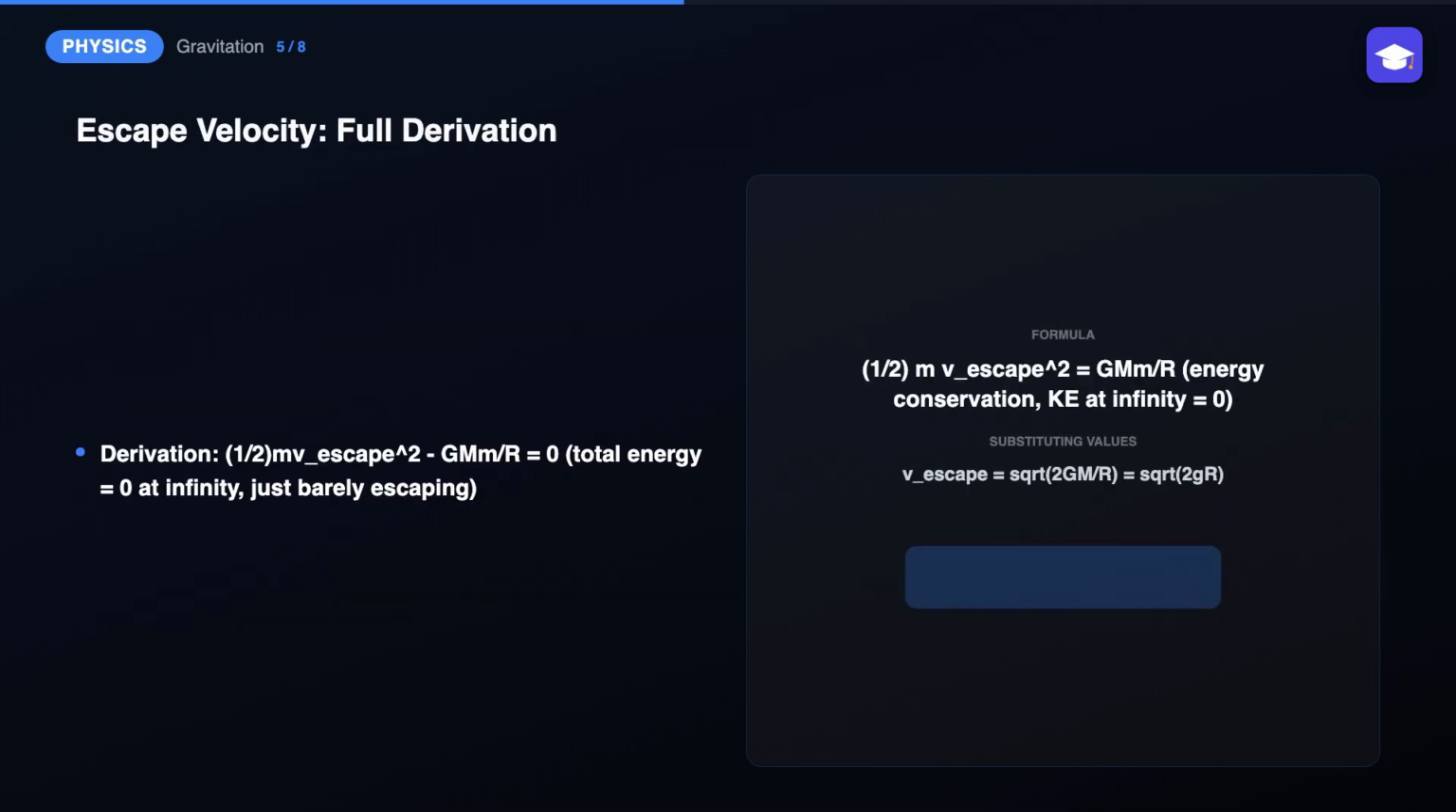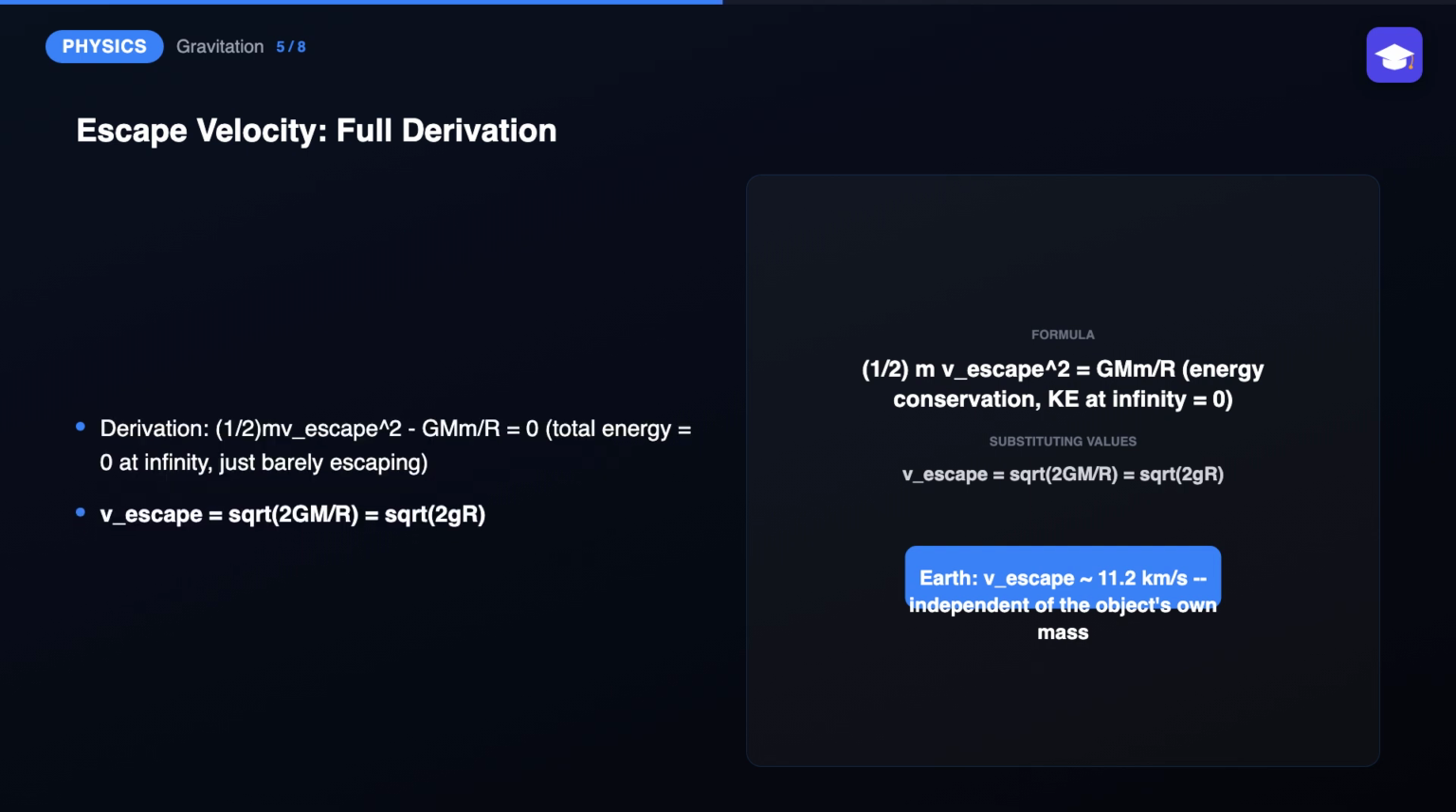Escape velocity is the minimum speed an object needs at a planet's surface to escape that planet's gravitational pull, entirely reaching infinity, with exactly zero residual kinetic energy. And it's derived directly from energy conservation. At the surface, total mechanical energy equals kinetic energy, 1/2 mv squared, plus gravitational potential energy, minus GMm over r, and at infinity, for the minimum, just barely escaping case, both kinetic energy and potential energy are exactly zero. Setting initial total energy equal to final total energy, 1/2 m v escape squared minus GMm over r equals 0, and